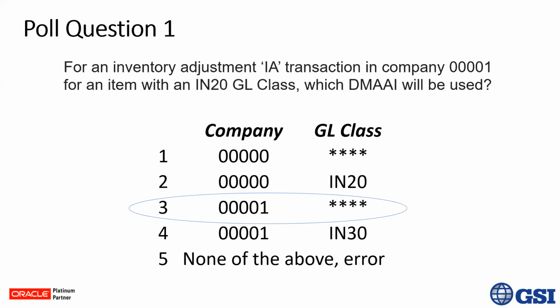And a lot of companies will segregate their inventory by GL class code, meaning that they'll have one GL class code that means raw materials, one that means subassembly, one that means finished goods. And if I have a sales order, they're saying, well, I don't really care what the GL class code is on an item that's on a sales order. We know that that's a finished good, and when I ship this out, I want to credit the finished goods